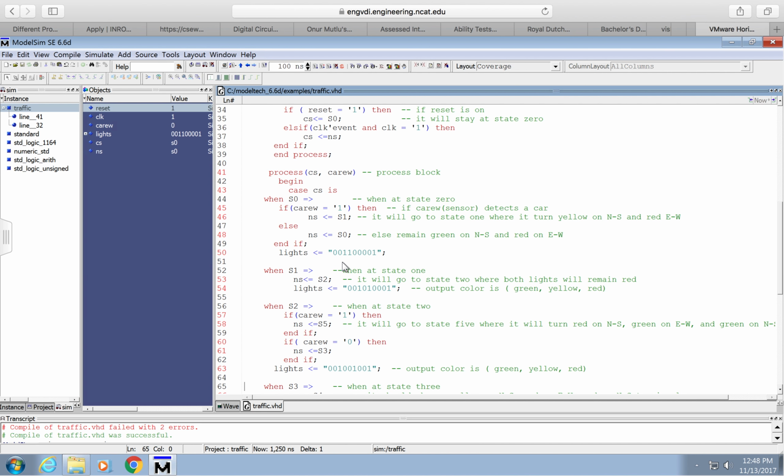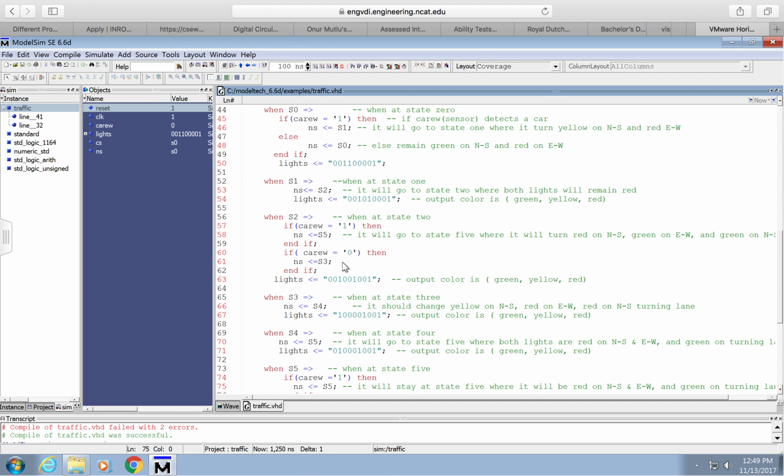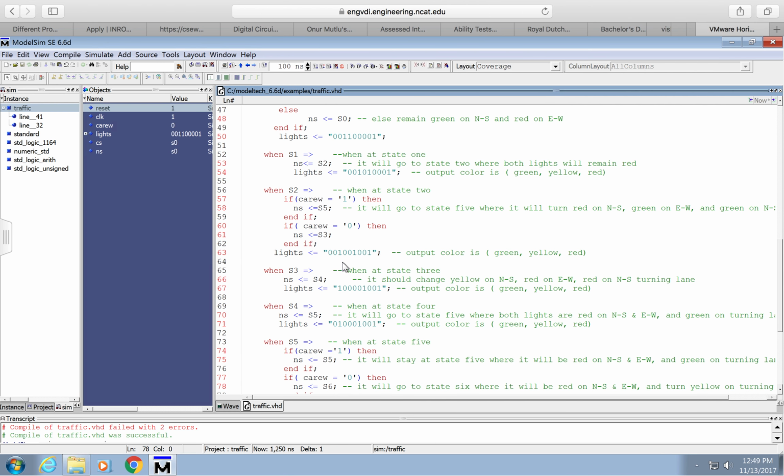My output is 001, 001, and 001, which means that all lights will remain red. When I'm at state three, it doesn't matter what it detects. It should go to state four. My output will be 1000001, which is ultimately green on north and south, red on east and west, and red also on my turning